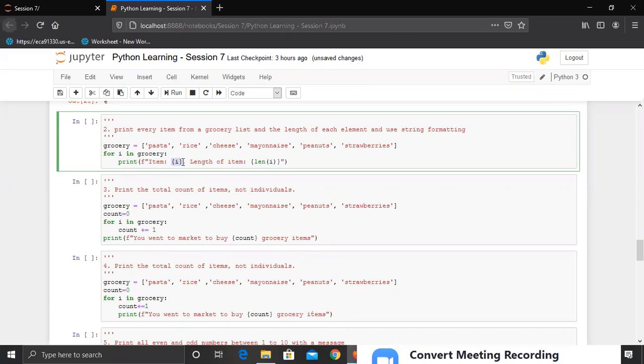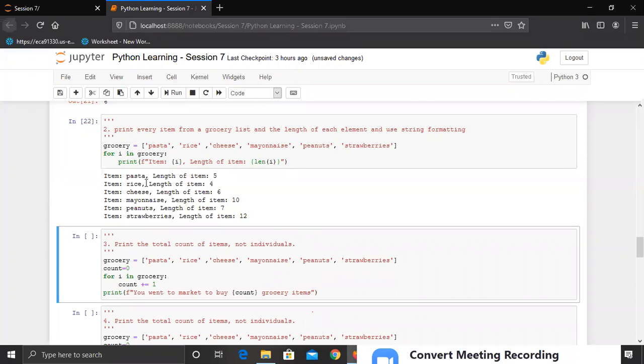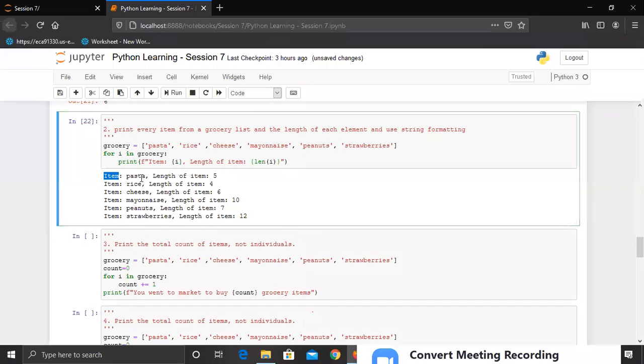And then we are printing the length of item, and then colon. And this is also a value which we want to take from memory. So that's why we also have to use curly braces here. If I print this, now you can see it is much better than the upper one, that we are specifically mentioning that this is an item and the length of item is 5. So this is just a better representation of the above cell.